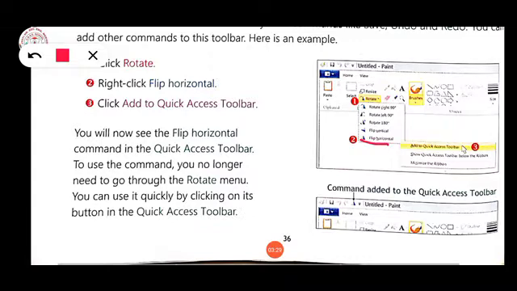In that you click on add to Quick Access toolbar. Then you will see in your Quick Access toolbar a flip horizontal command is there. For that we don't have to go to the rotate menu. Directly we can use this command from the title bar, or we say the Quick Access toolbar.